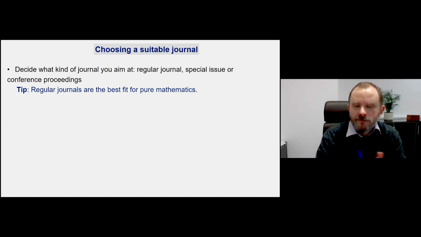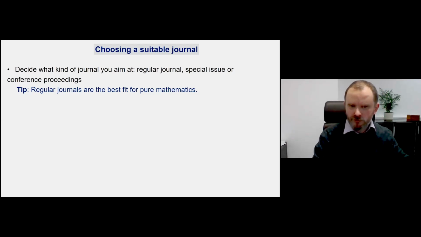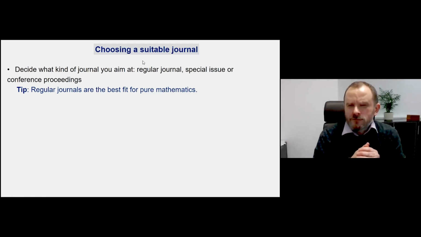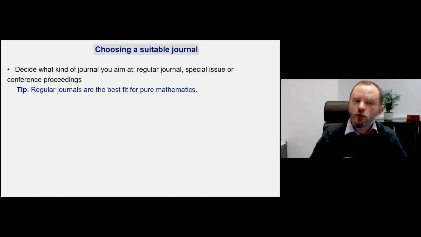Firstly, a regular journal, special issues, or conference proceedings. Sorry, I work at the Faculty of Computer Science and I know how important conference proceedings are in computer science. But in my opinion, this is not the case for pure mathematics. Say if you are invited as a speaker at the International Mathematical Congress or European Mathematical Congress, this is a big achievement. You are very proud of this and this is quite reasonable, but not because you publish in the proceedings of this conference. You are a speaker at this conference. This is what is important, and proceedings are somehow something secondary.